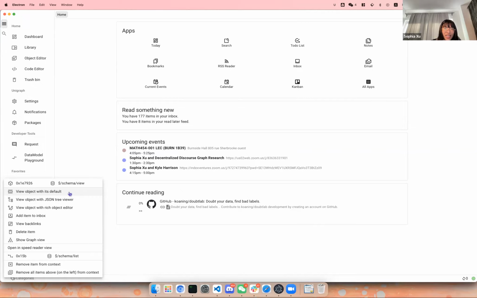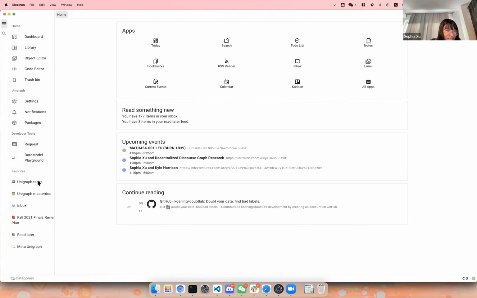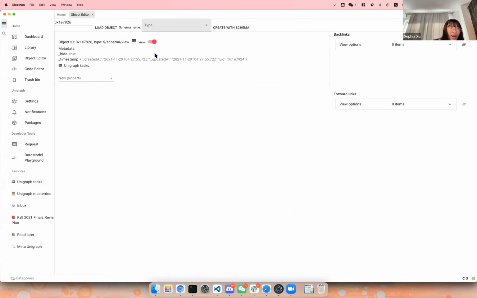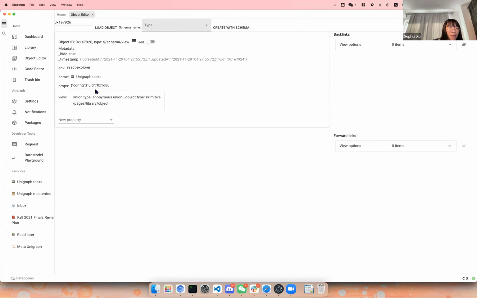And more about fractional consistency, you can have a part of the system that is consistent and a part of the system that is highly available. It depends. And about the question of views, essentially views are just an object. So you can see this object is a view, and it's basically a schema/view object, and views are also objects. You can see, for example, in the object viewer, and you can click here, and the view is going to be the object view of this Kanban board. So this is exactly how TiddlyWiki works. You just tag something as a view, and it's a view.